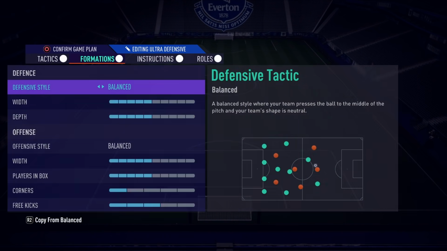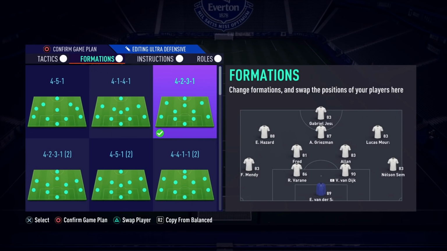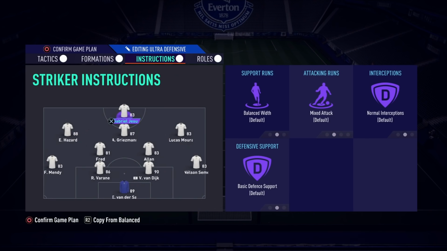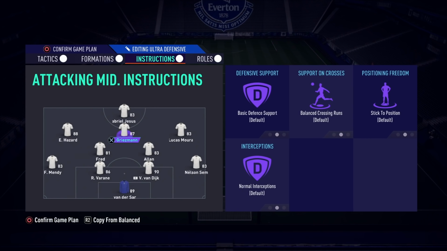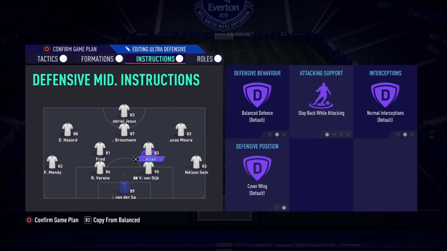So we have 4-2-3-1 on one of them. Everything's on balanced and like 4 and stuff like that. We play Gabriel Jesus as striker, Griezmann cam, but like I said, I was testing putting Hazard cam, and you could even test putting Lucas Moura cam as well, but he's rapid and he's really good at running down the line. We have balanced on Gabriel Jesus, balanced on Griezmann, although sometimes I was putting him on stay forward. Hazard's on balance, Lucas Moura's on balance. The fullbacks are set to stay back, and Alan is also set to stay back, with these two on cover